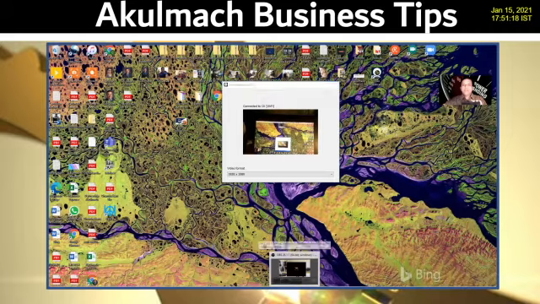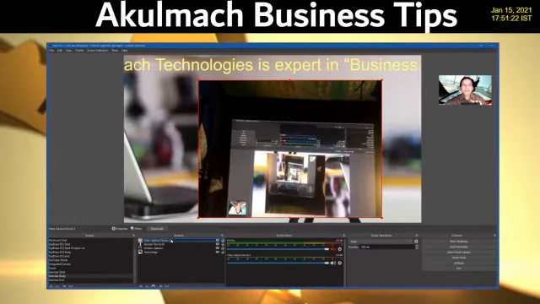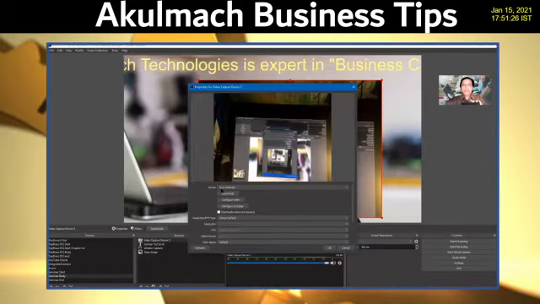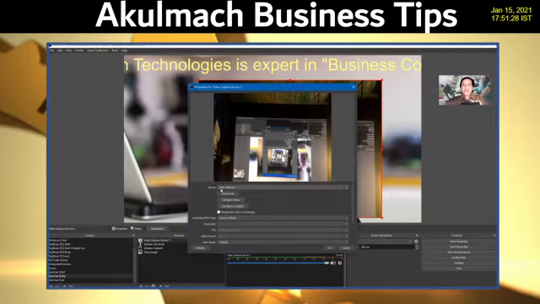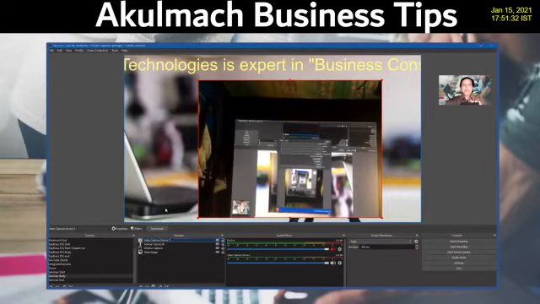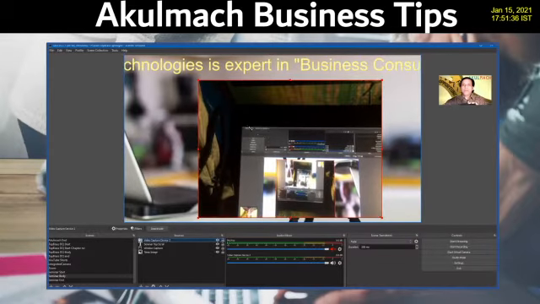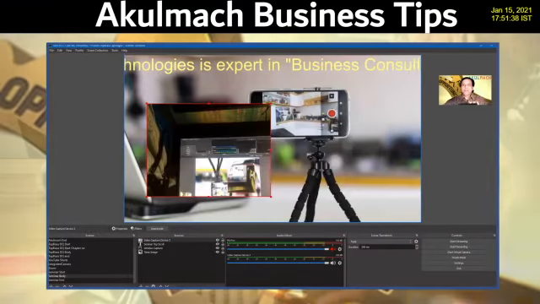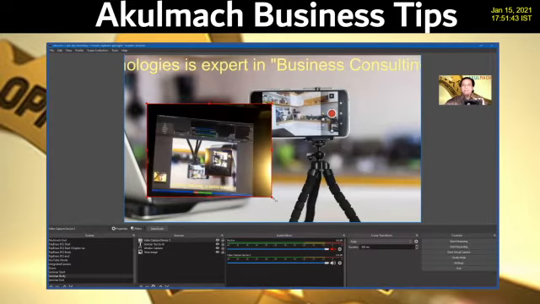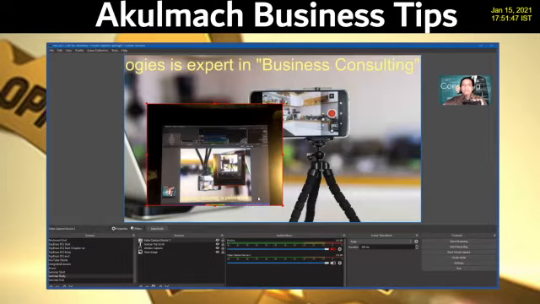Let's go to software like OBS, and as you can see, my camera is already selected. I have installed it, and it is selected as Iriun Webcam. So it is already there as a video capture device in OBS. I can now play around with this and position it the way I want. And it's a high definition video quality which I'm getting here.